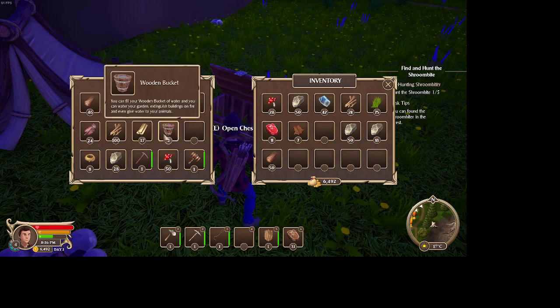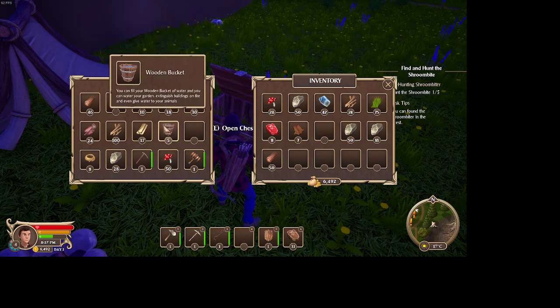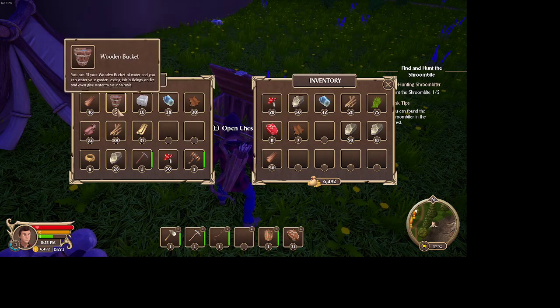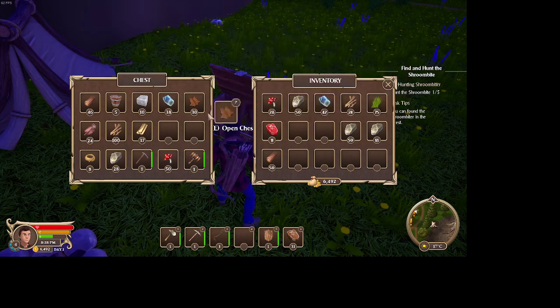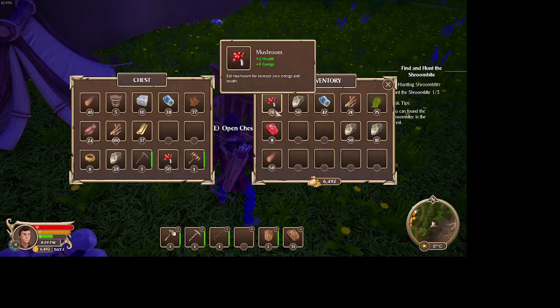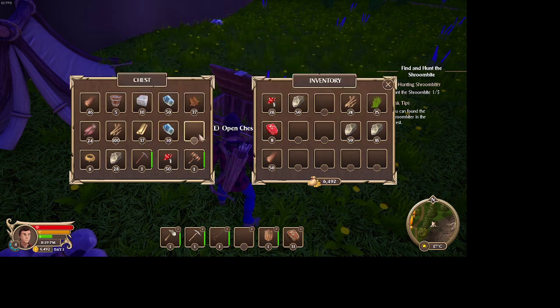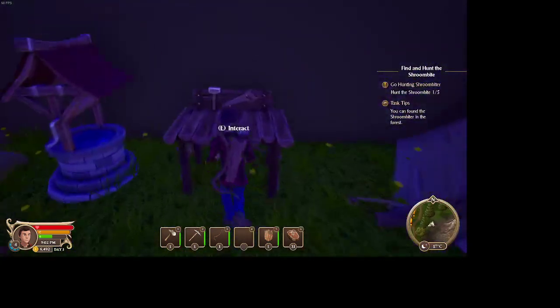Here we have this. So it has 5 uses of the bucket. Okay, we got this guy. So what we're gonna do is we're gonna put this guy in here. Good. Alright, so what we wanna do is